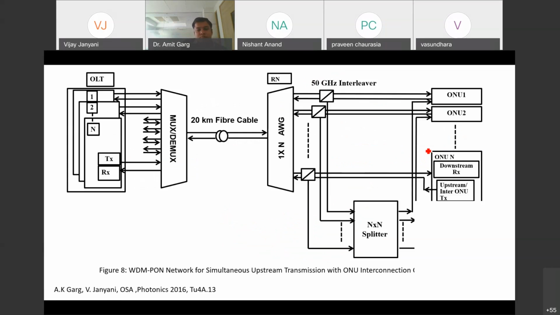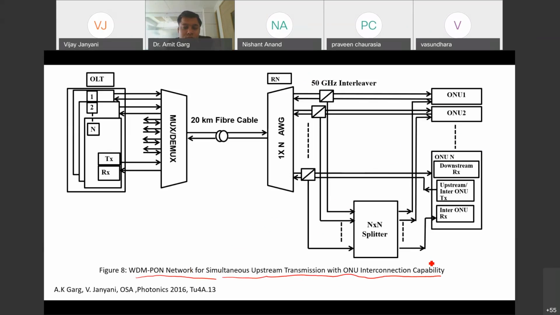So let us see how that WDM PON design is actually realized by using all these functionalities. This is the WDM PON network for simultaneous upstream transmission with ONU interconnection capability. Now this is the scheme which we are going to see in detail. As you see here, you have a multiplexer or demultiplexer now.